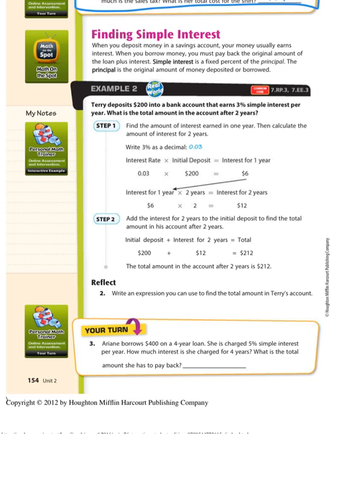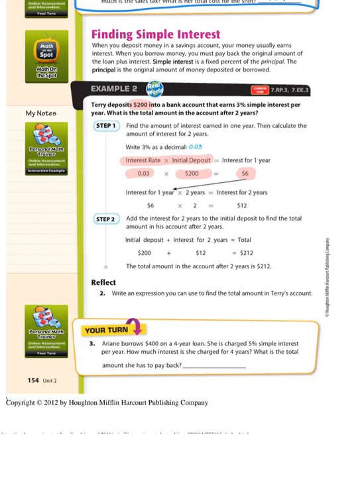So the first thing we need to do is convert 3% to a decimal. Remember, to do this we can divide by 100, or we can move the decimal 2 places to the left. So 3% as a decimal is 0.03. Then we're going to multiply the interest rate times the original deposit. So 0.03 times 200, we got that number from up there, is going to be $6 of interest for the